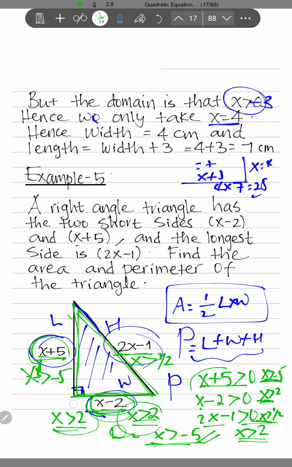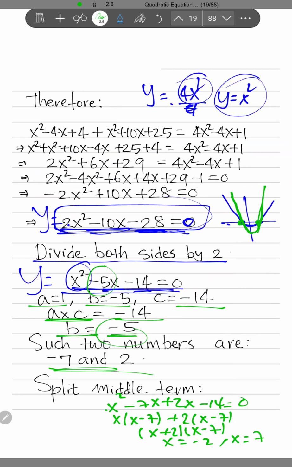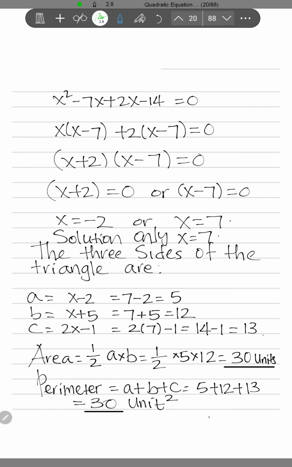So we have to take the larger x here. X has to be greater than 2. So in that case here, minus 2 is not greater than 2. So we only take 7. Now we are here, right? We only take 7. When we take 7, now we can find out the lengths of the sides of this